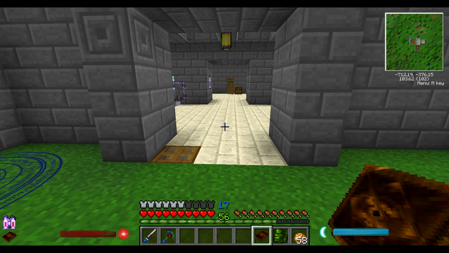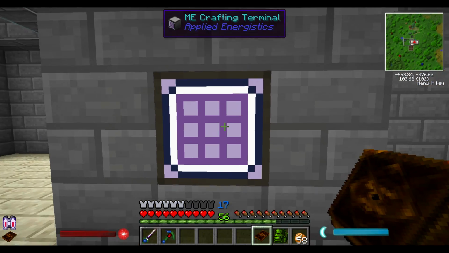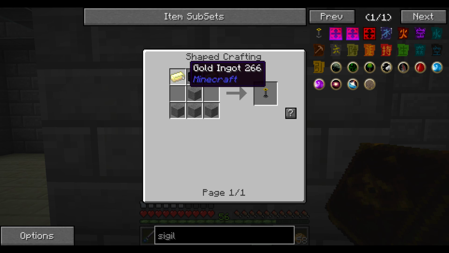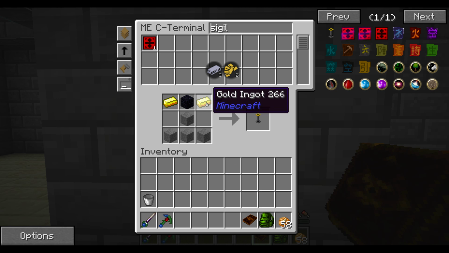But, you know what? I can always look it up in NEI. Now I'm still going to make it in the crafting table, just in case. But what I want is a sigil stand. Right here. So I'm going to need a little bit of gold. You know what? I'll just put it in here. And what I can do now is go ahead and...